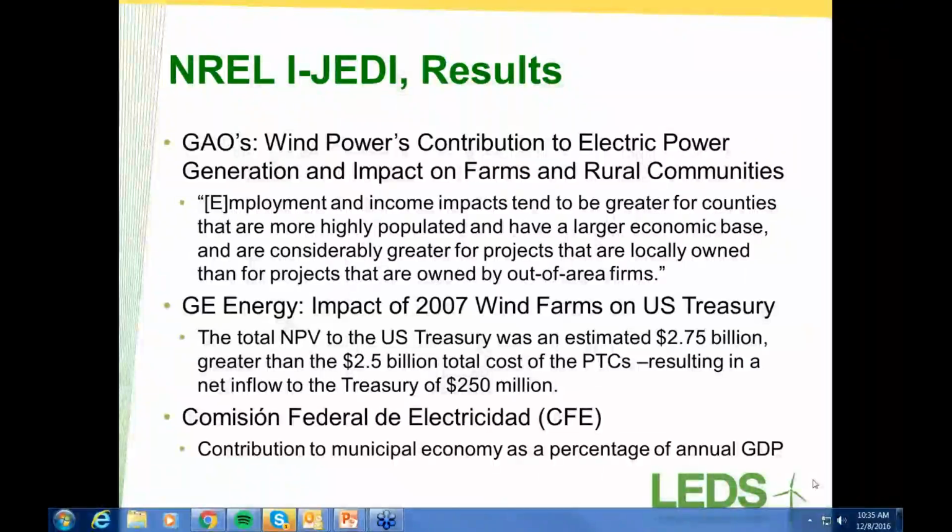Then GE Energy Financial Services did a quick analysis of the impact for the Treasury of the PTC, and what they found is that